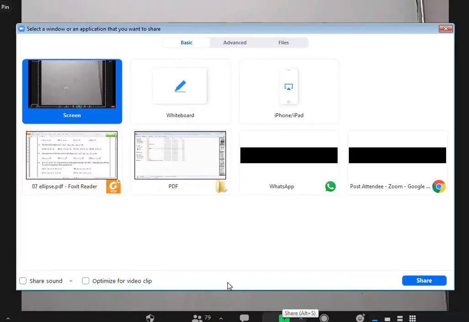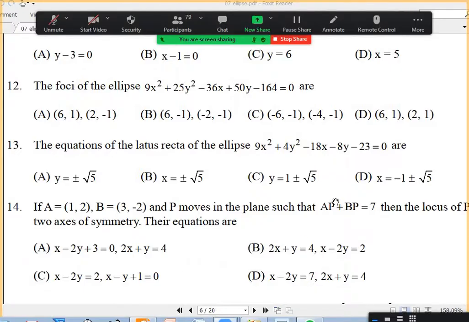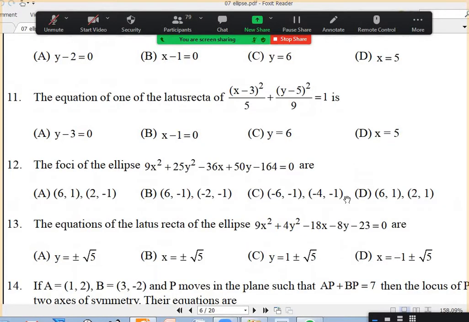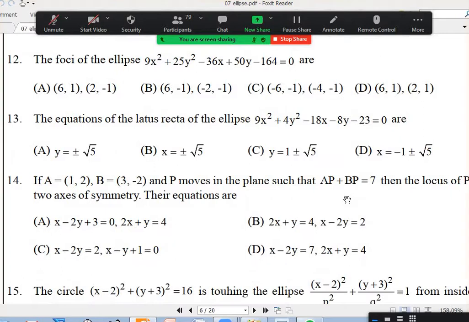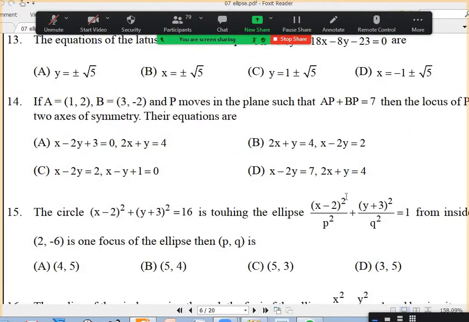Okay. So anyway, now come back to this regular homework doubt. Which question was asked? Yeah, 14. So you know it is an ellipse. Sir, can we take the major axis as passing through these 2 points? Yeah, they are foci. Foci means it is obviously the major axis. 1, 2 is here. 3, minus 2 is here, and like this.